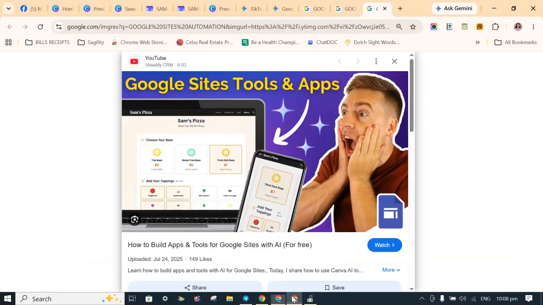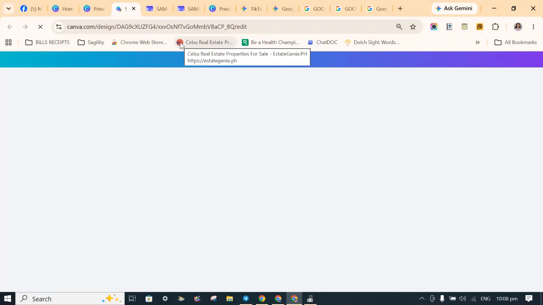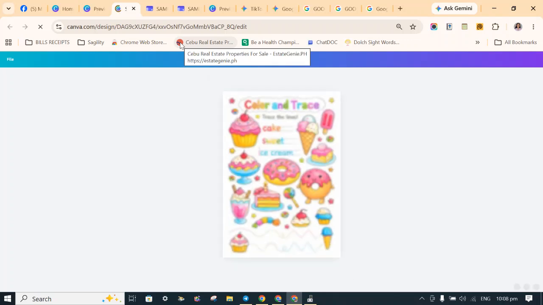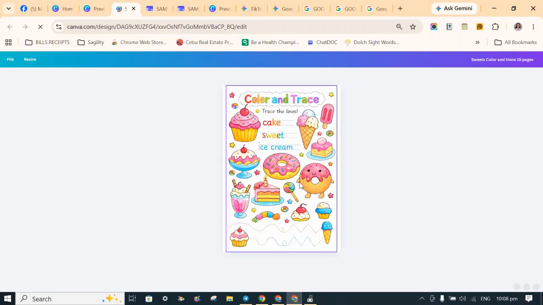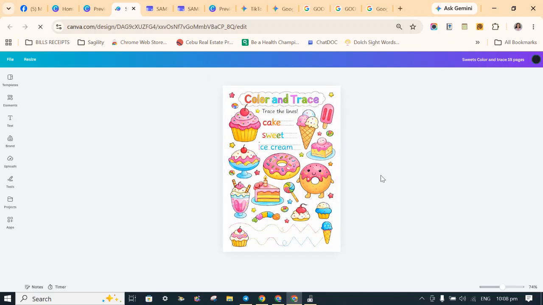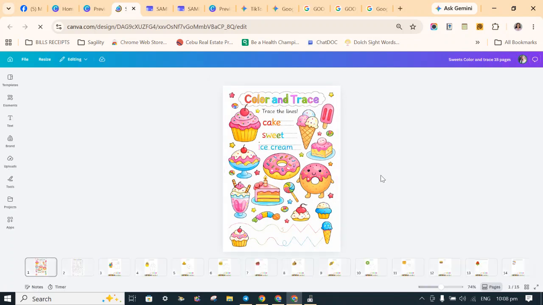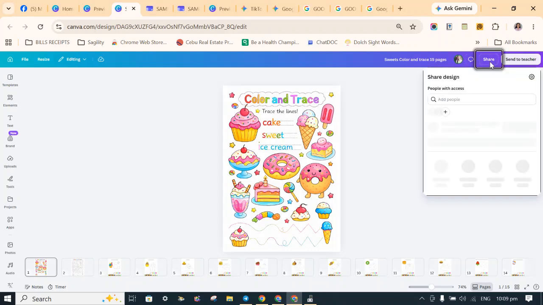Oh, I haven't. Let me just download first the suites. Okay, this is the 15 pages suites and color, coloring page.